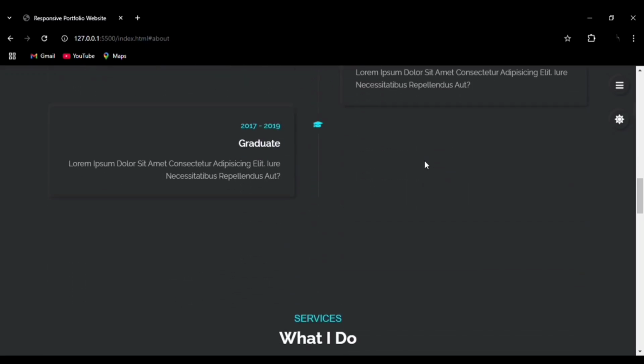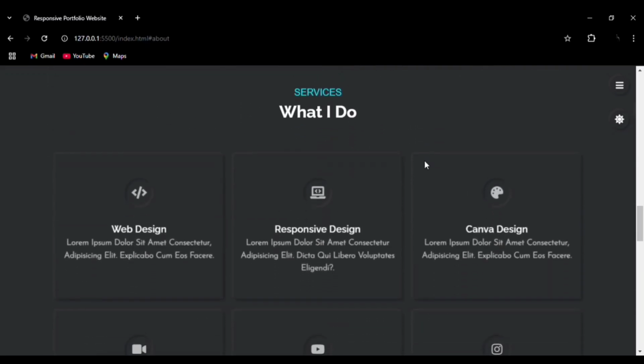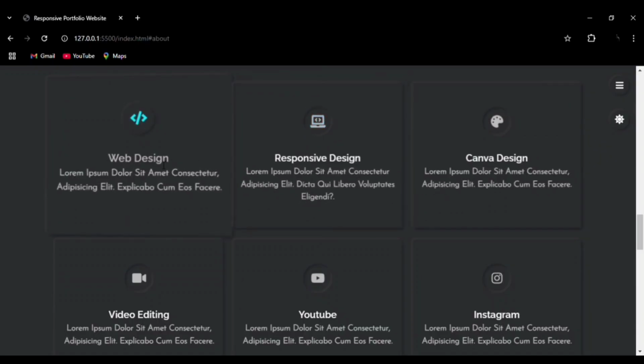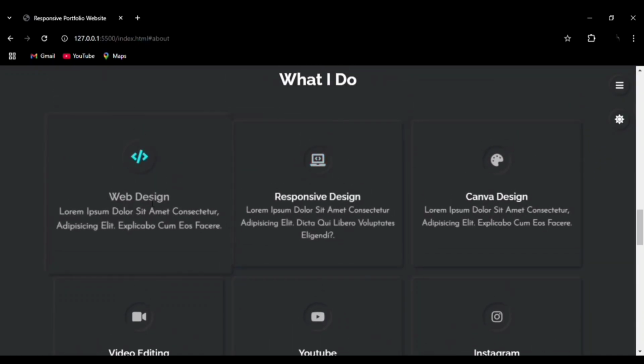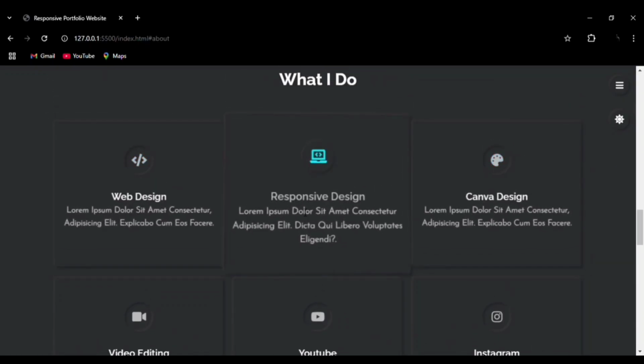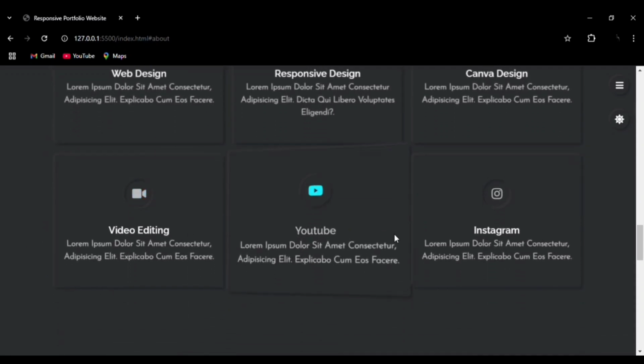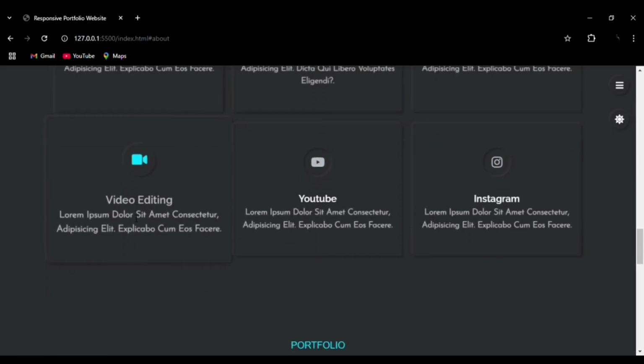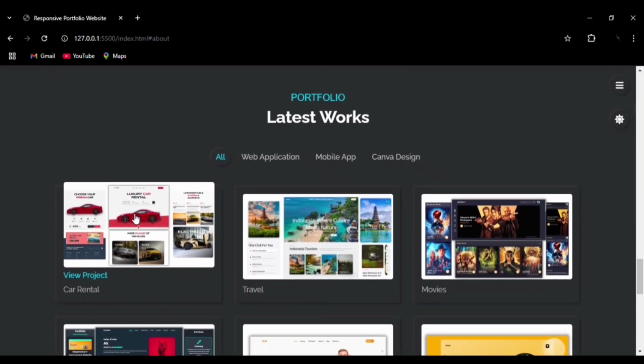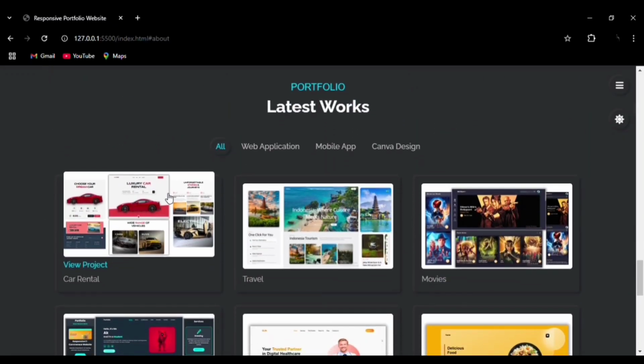Then we can go to the services section, and you can see the hover effect on the services blocks, like a 3D object moving, and you can see the changing color and the icon also, and how they are moving based on the movement of the mouse. The hover effect, and then we can go to the projects portfolio section, that is projects, and we have used